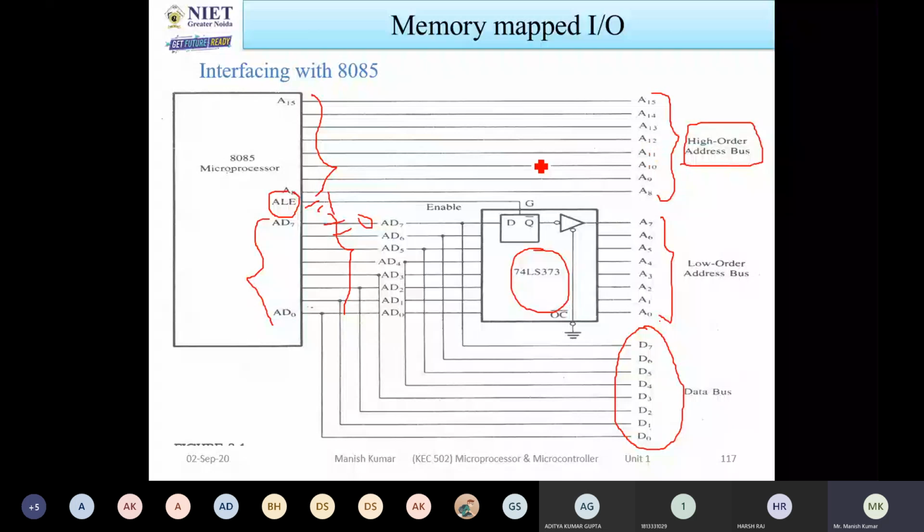If you want to add anything, you have to generate this 16-bit address, connect this 16-bit address, and connect the 8-bit data bus. And further, if you want to read, you can activate the read signal. If you want to write, you can activate the write signal. If you want to use input-output devices or memory, you can do that with the help of the IO/M-bar pin. So in this way, we can summarize the concept of interfacing with 8085.